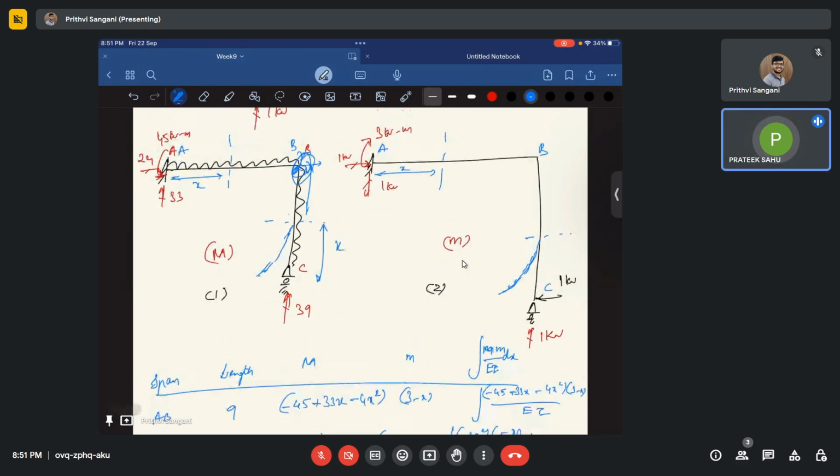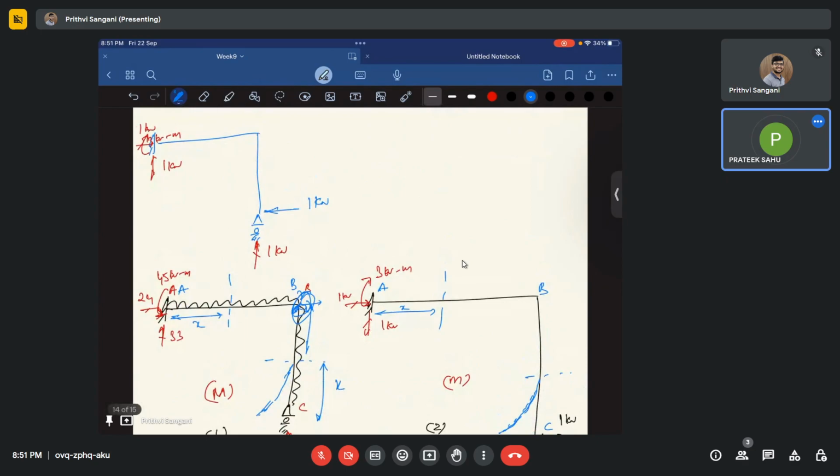सर, हॉरिजेंटल सपोर्ट था सर, आपने डायरेक्ट जो 3 किलो न्यूटन मोमेंट लिया था, हाँ। यही बात है, यस सर।